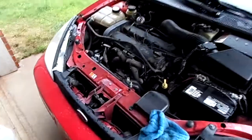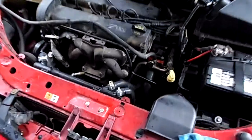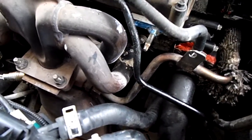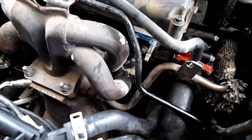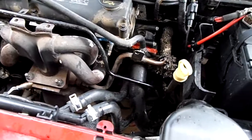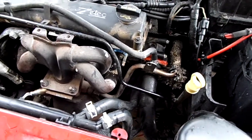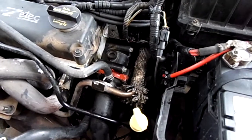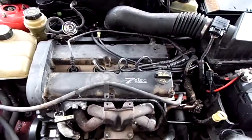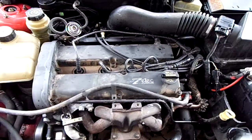Engine's back together after replacing all the parts that had burned up. As you can see on that exhaust manifold, there's some remnants of the fire. Valve cover's been replaced. Crank angle sensor was melted, that's been replaced. The thermostat housing was melted, that's been replaced. Got some temporary plug wires in here. I had one that was completely dead,